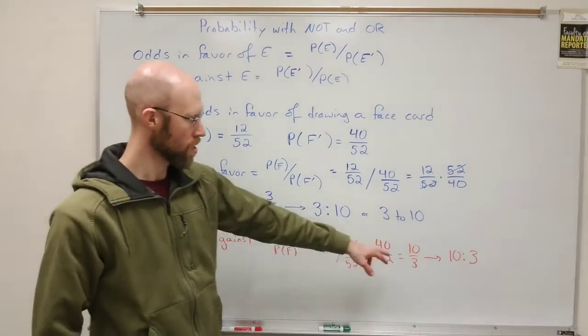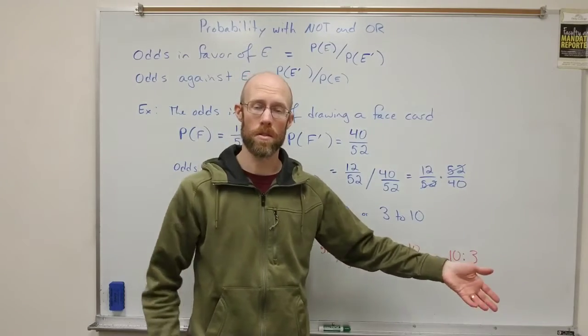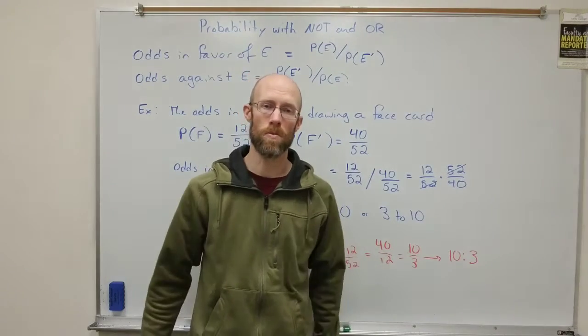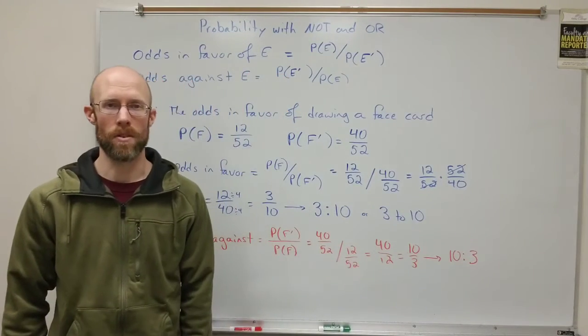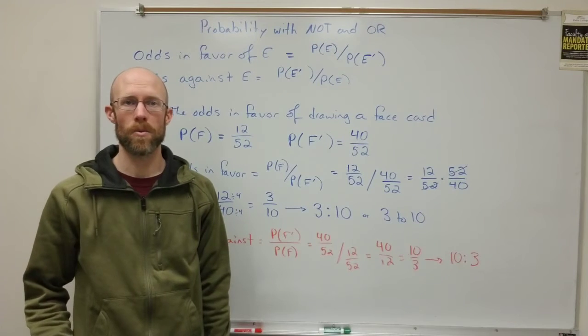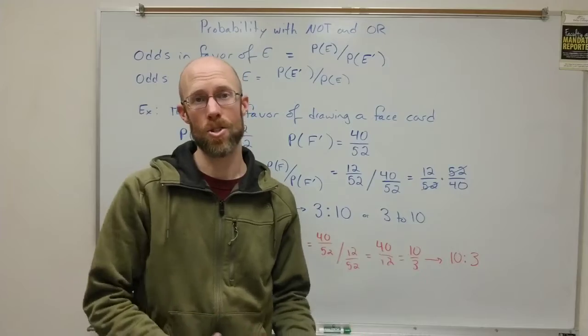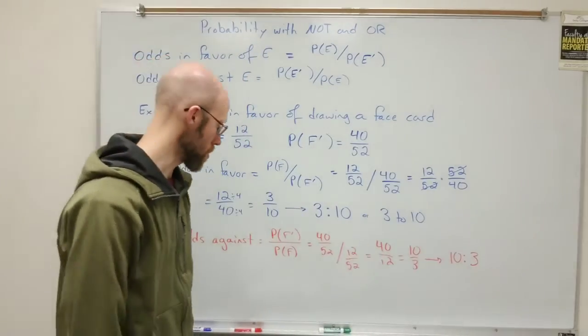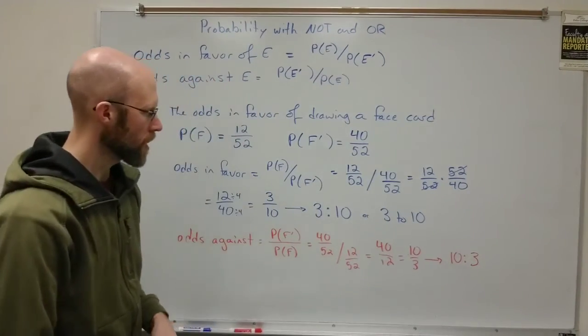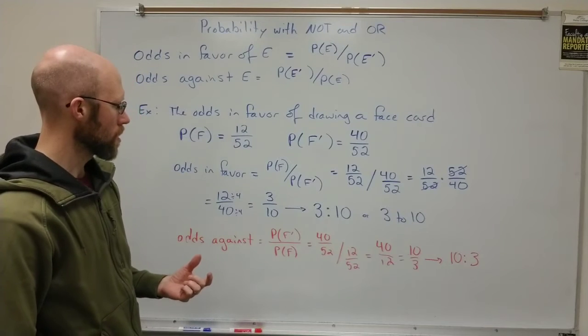And then, of course, the odds against are just the reciprocal, or in this case, the reverse of the odds in favor. And then finally, we can also convert the other way around. We can go from the odds to the probabilities, which is kind of interesting. And it's because the